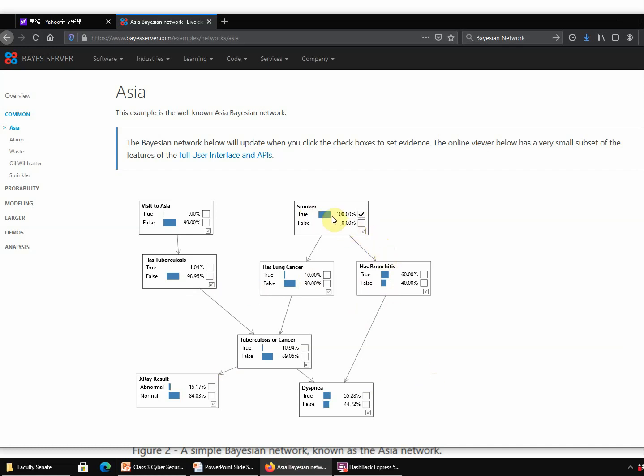This is what I was talking about. Smoker is actually an attribute. It is going to affect the other two attributes, has bronchitis as well as lung cancer. And in this case, if we select is a smoker and then that person has lung cancer, when I click this one, you can see that this has changed to 100%. X-ray result abnormal is 98%, as well as dyspnea has 82% true. So all of these are related to each other, and then that will go to the end results that we